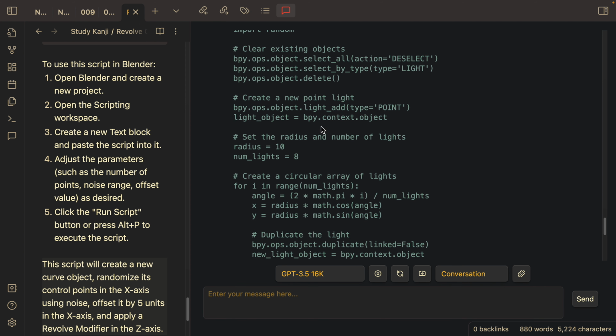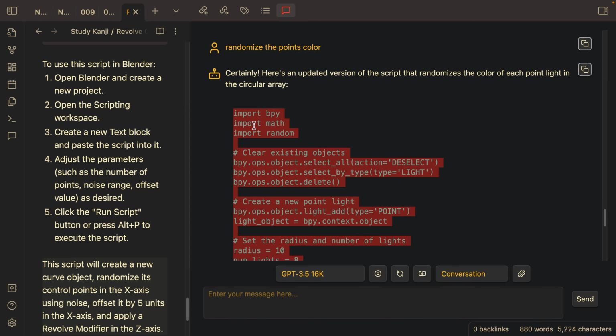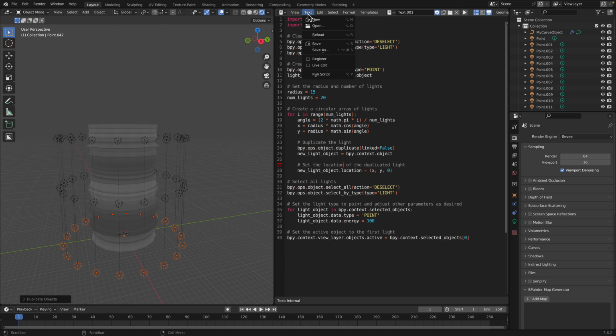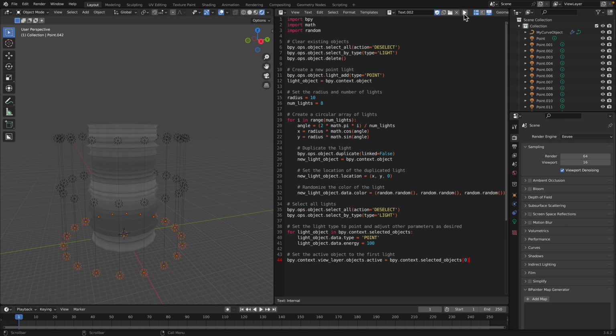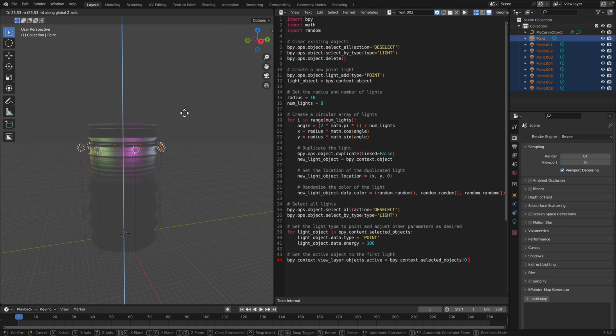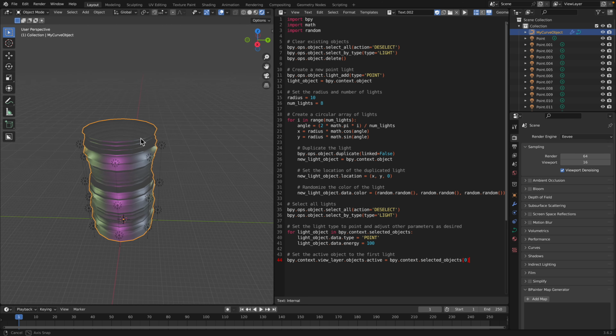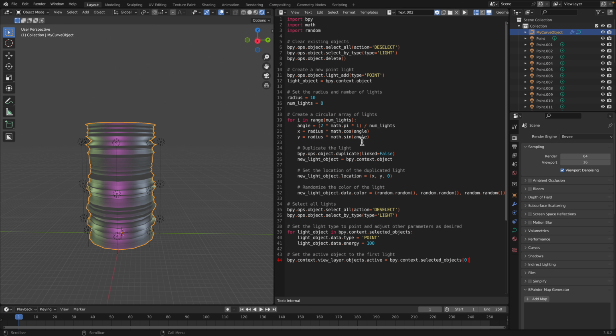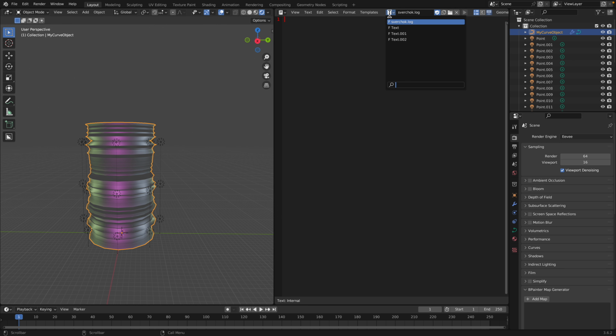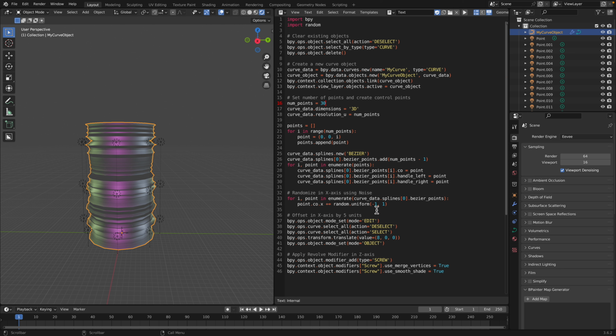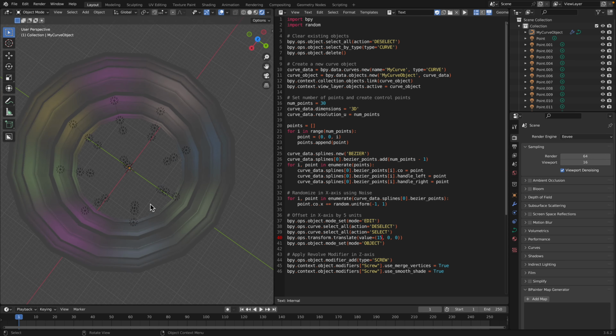This time I want to have a random color. Again, this is a new script. Let's try run it. See, we have random color. I know it's pretty basic, but really it's an opportunity to learn Python, and you kind of think together with the AI. You're still commanding the AI, but you are really